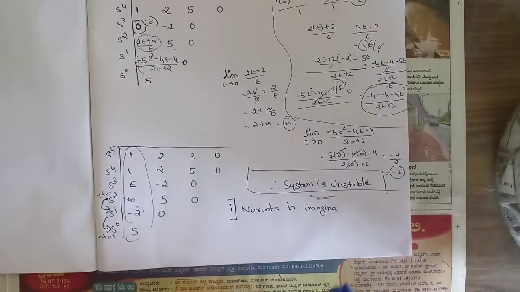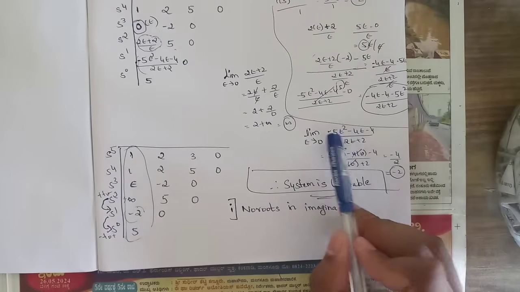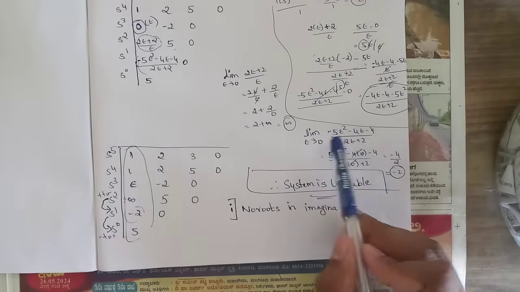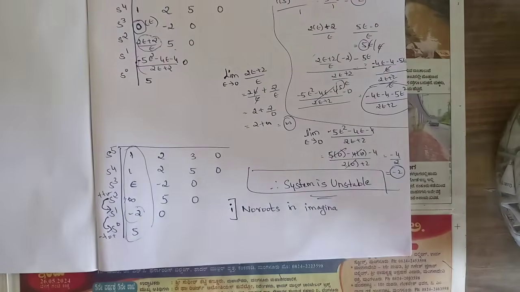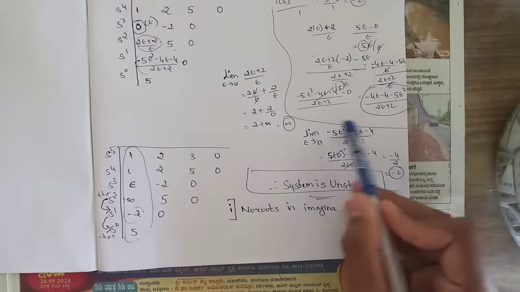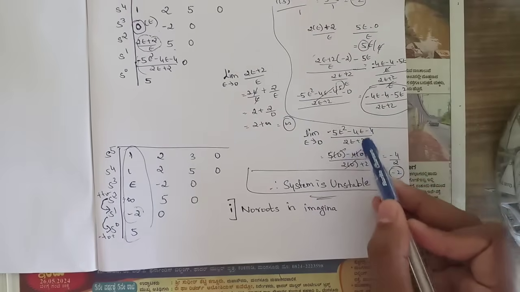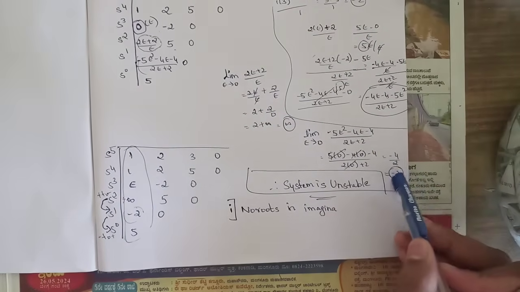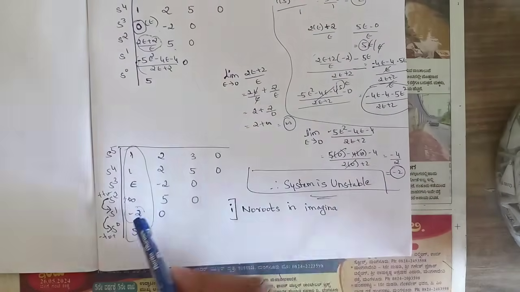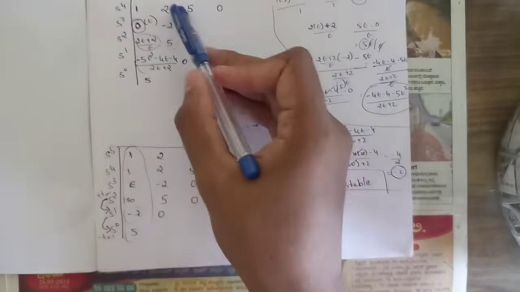I have written here plus infinity, and again for this term apply the limits again, so 5 epsilon square minus 4 epsilon minus 4 divided by 2 epsilon plus 2, okay, then apply the limit, so epsilon wherever is there it is 0, so all the epsilon terms will be getting cancelled, so the remaining terms are constant terms, minus 4 divided by plus 2, that is minus 2, so now in place of this term I have replaced it by minus 2 and I have rewritten the root array here, okay,